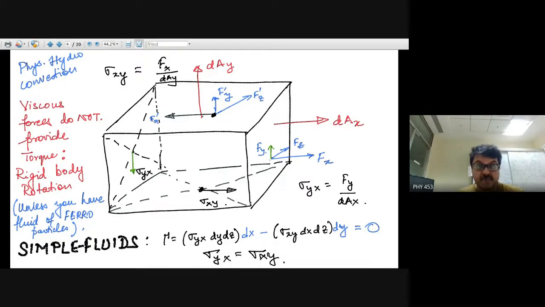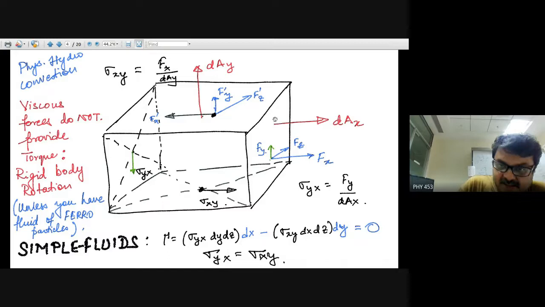If there was a net force, then this entire thing would accelerate or advect. So we are not considering that. The center of mass of this fluid element is not moving. The total amount of force acting in any particular direction is the same, but on this surface